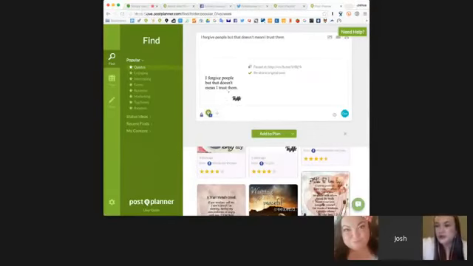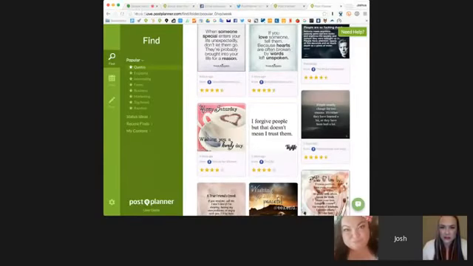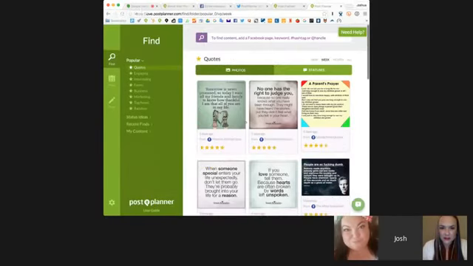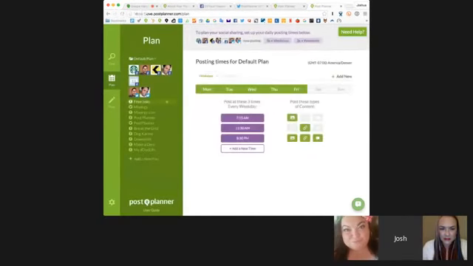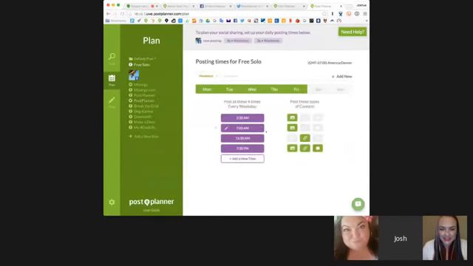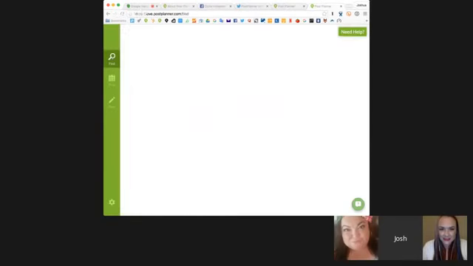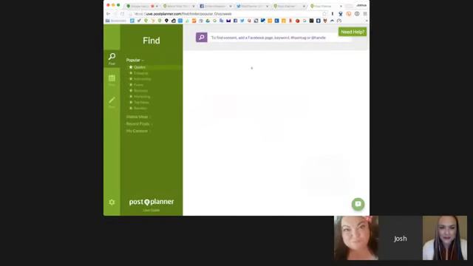But anyway, I can jump in, throw in an image, and click. Actually, you know what, I'm not going to use Post Planner as an example here. I'm going to use another page I have. Let me show you this page. It's a page about climbing. What I've done here is set up an image, link, and then anything schedule. This is the schedule for my free solo page. So if I go back to Find, I can just concentrate on images.